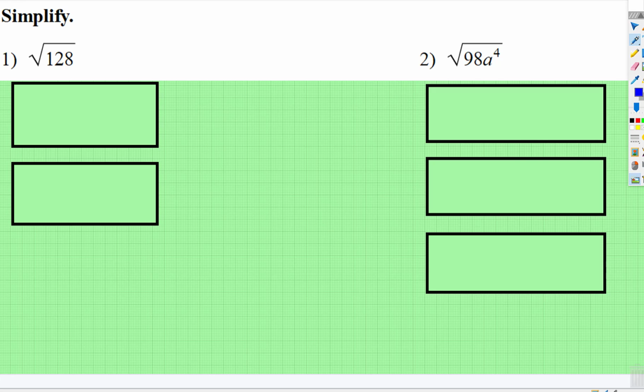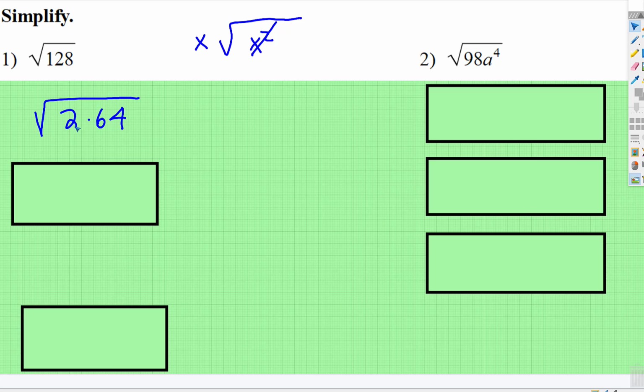Okay, we're going to use what we know about simplifying radicals. Remember, if we take the square root of something, if we can get any of the numbers in there to be squared, then the squared part will go away and the value that was squared will come out. So if we can change 128 and rewrite it as factors that has a square involved,